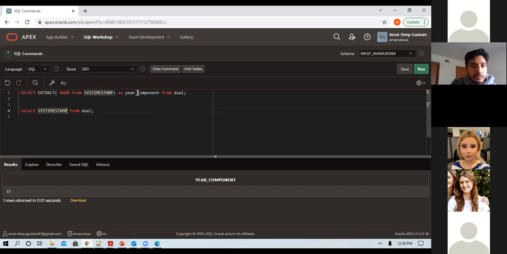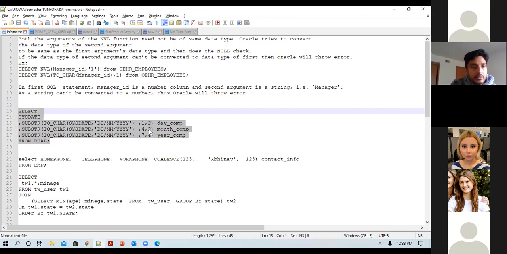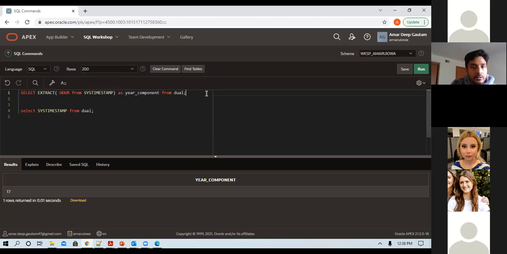Next is how the code would look if you were asked to use the substring function. This is how we were getting the year portion.